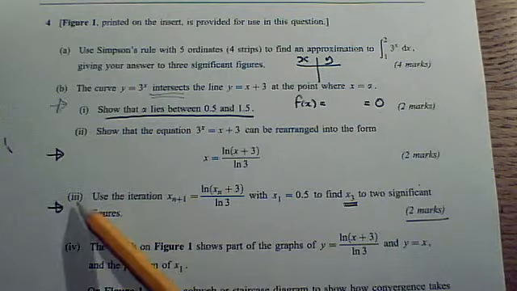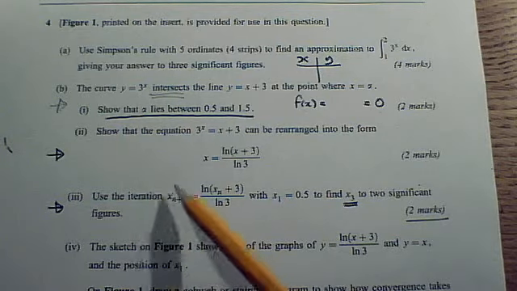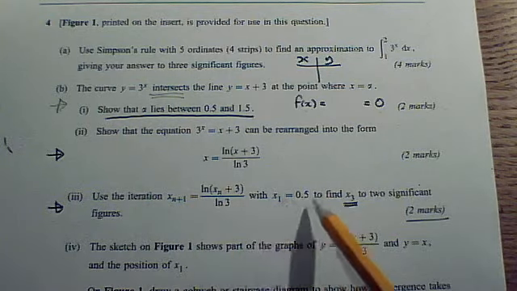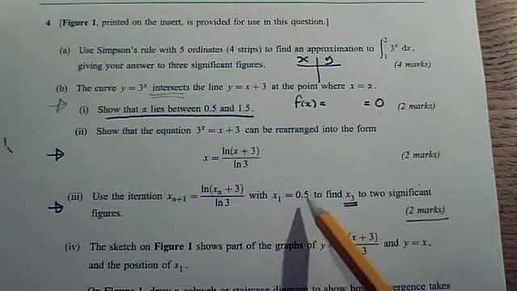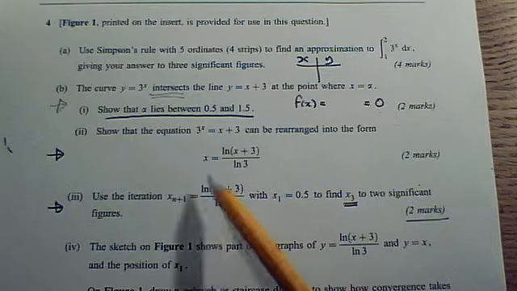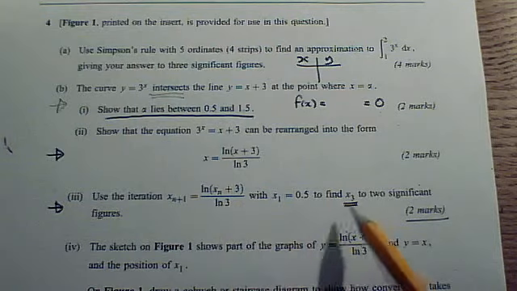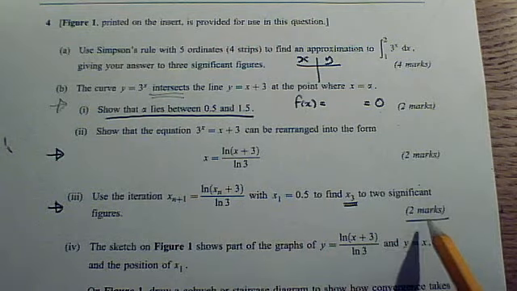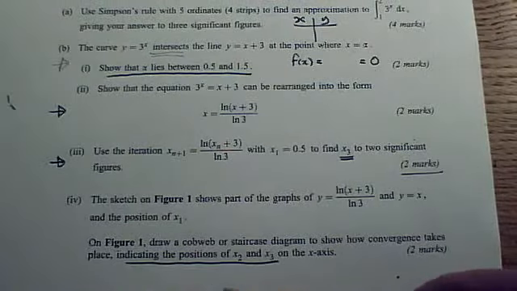Another re-entry point in part 3. We've got to use this iteration with a starting value of 0.5. So you take your 0.5, feed it in as the xn here, get your x2, then get x3, record it to 2 significant figures, and it's 2 very easy marks. And then the last one,